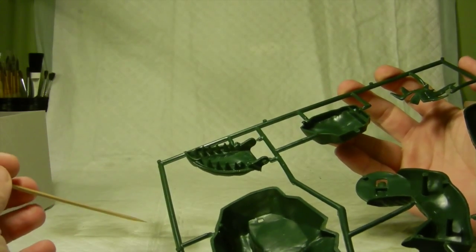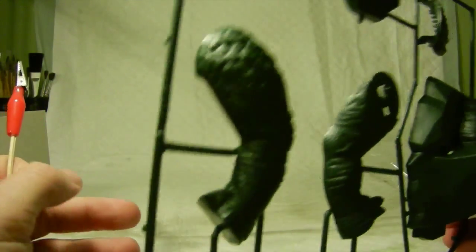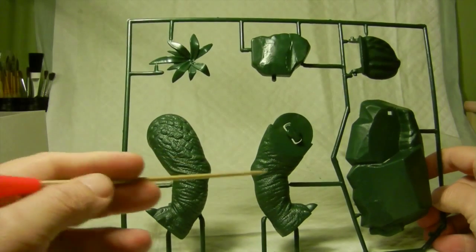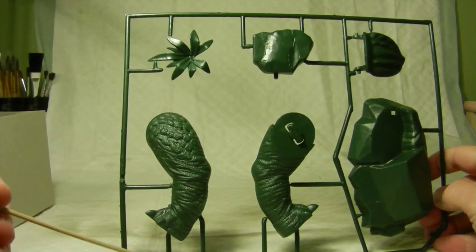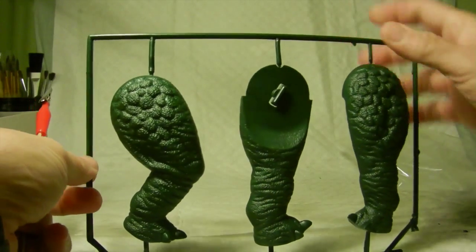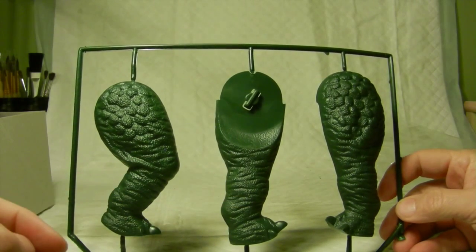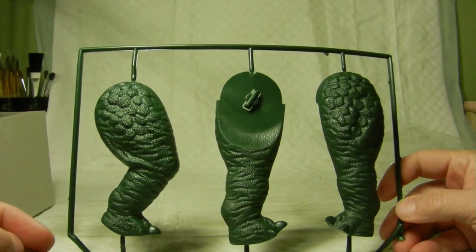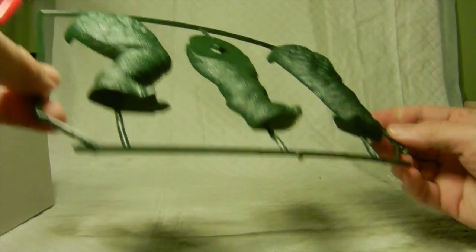So there's that. And once again, his legs, nicely detailed. It's got that reptilian look to it with his claws. So there you go. And then of course the last tree here is his big massive legs again to complete the set. Like I said, basically there's about 27